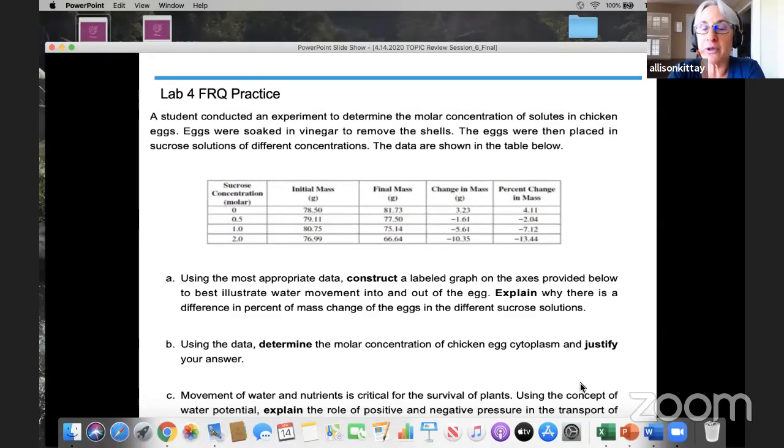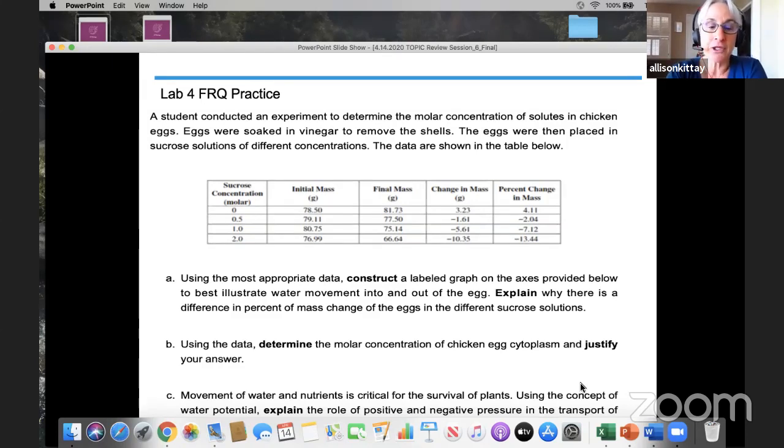The eggs were first soaked in vinegar to remove the shells. So the shells are just calcium chloride. The acetic acid in the vinegar just dissolves them. So what you're left with is an intact cell with an intact cell membrane. And now you can use it to watch how water moves across it. So these eggs were then placed in sucrose solutions of different concentrations, and the data are shown in this data